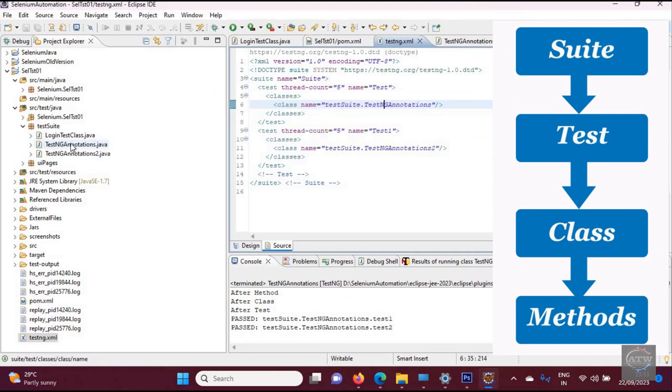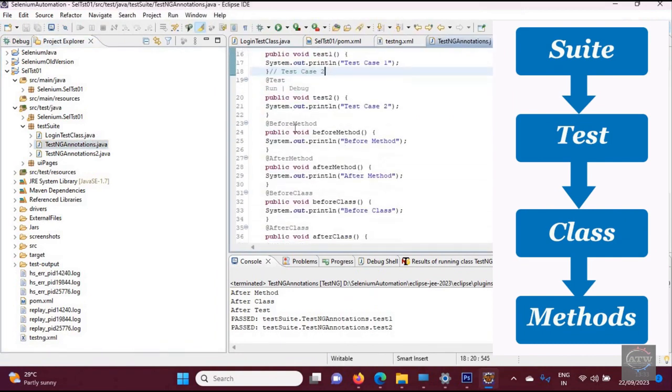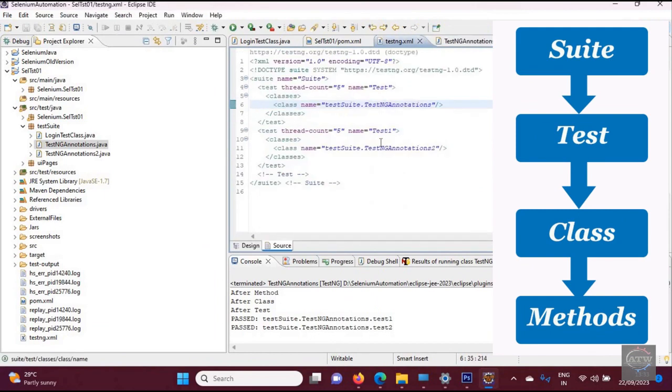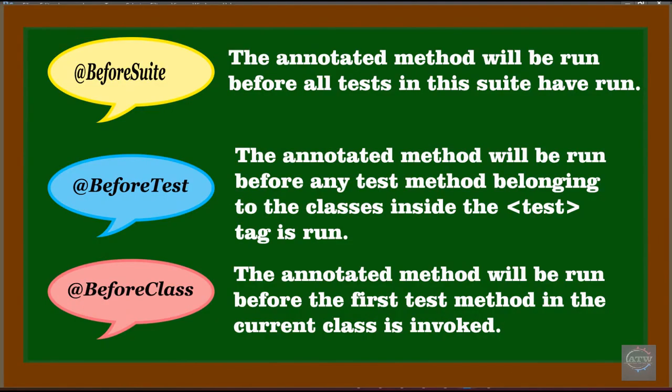Inside this class, whatever I defined here, it is a method, which means it can be called before or after. I hope you understood this concept first: suite, test, class, method. These are the four categories in TestNG annotations we are going to see. Now let's see what annotations are available with us. The first one is